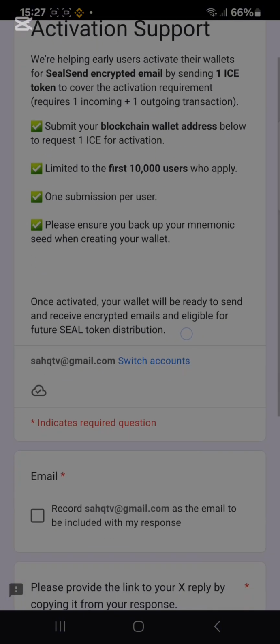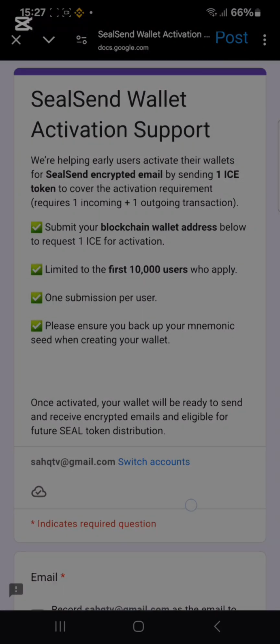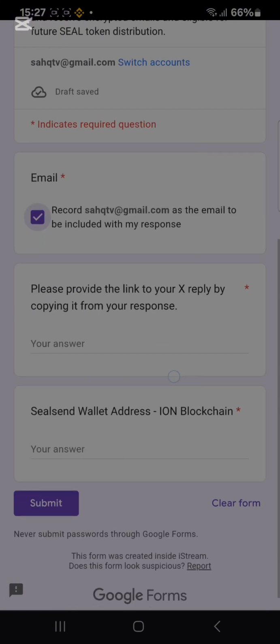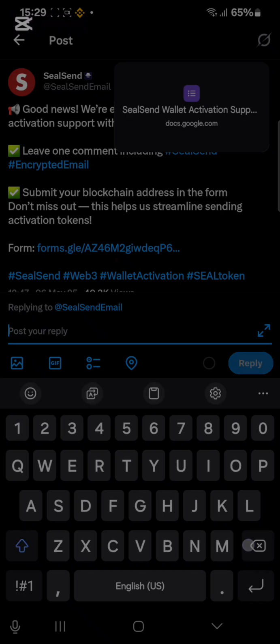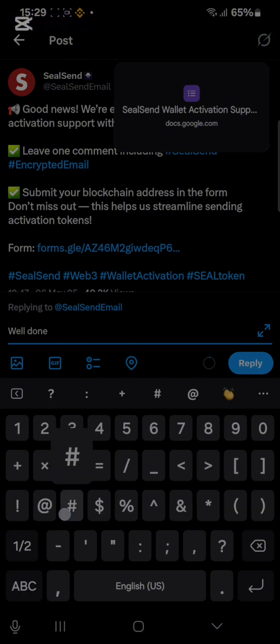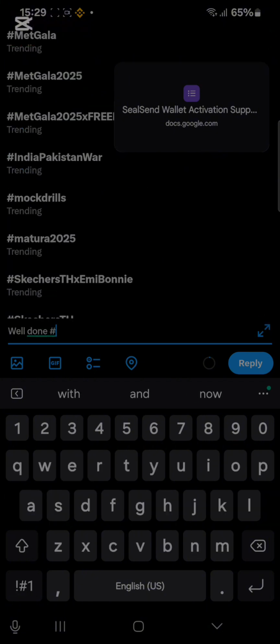and eligible for future Sealsend token distribution. So I'm going to tick this to record the email to be included with my response. Please provide the link to your X reply by copying it from your response. Well done. So I'm just going to put in the hashtag